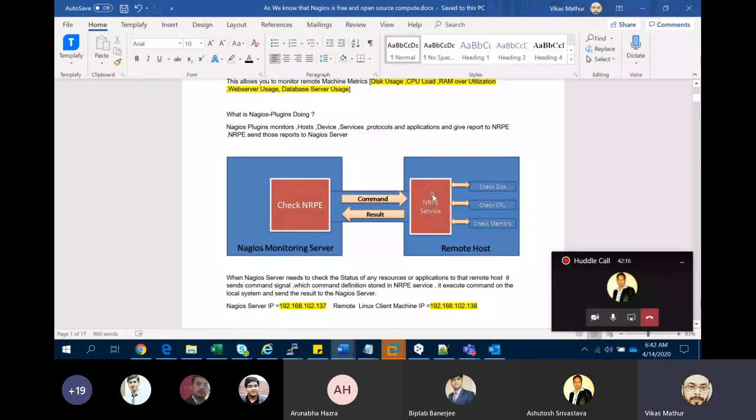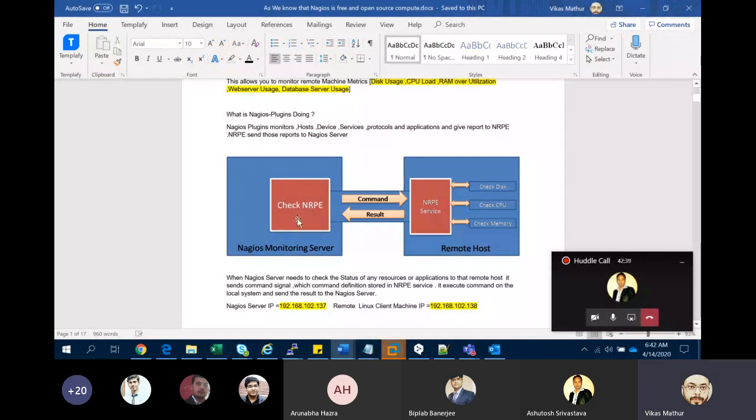NRPE collects your data because there are some plugins present in your NRPE plugin package. I will show you after some time. It will check your disk space, CPU, and RAM utilization, various things, whatever you want to define in your plugins.